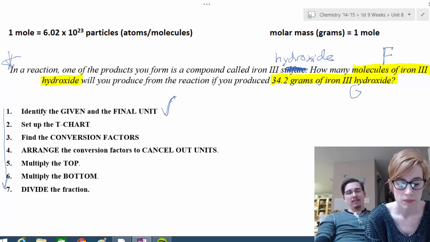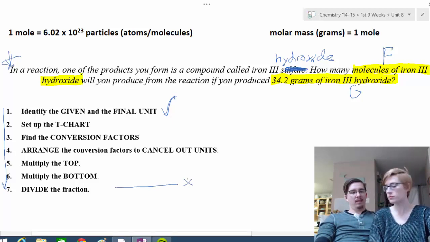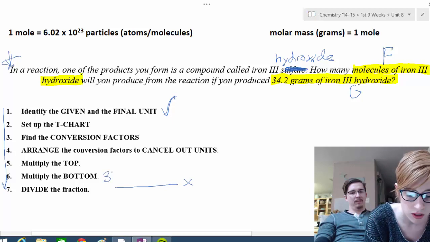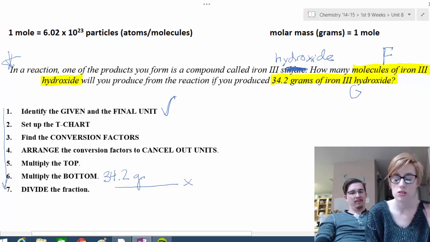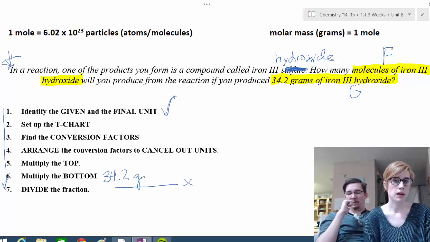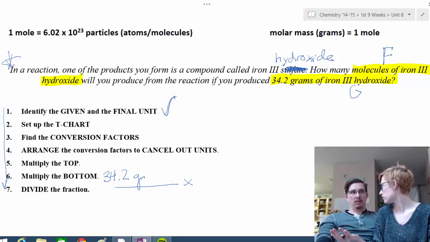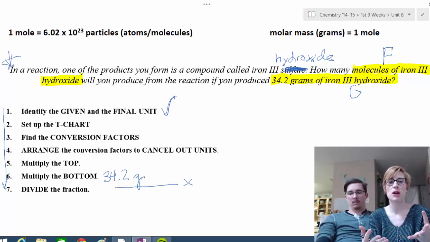And here's our T-chart right here. What do we always put at the top of our T-chart? The given. Right, and so I'll put 34.2 grams of iron 3 hydroxide. If I write 34.2 grams here, I'm kind of missing a step. We talked in 8.1 about how we need to write out the identifier next to the unit. So we know I have 34.2 grams, but I don't know what grams I have. So do I have 34.2 grams of baking powder? Do I have 34.2 grams of what? So I would need to write the formula for iron 3 hydroxide here,